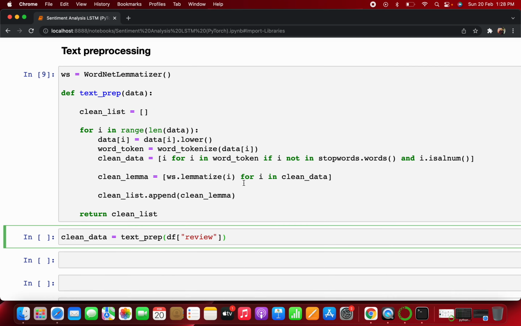For all 50,000 rows, it will take at least 15 or 20 minutes, depending on your system configuration. So I will take only the first 50 rows, so that I can show you. To select the first 50 rows, I will write df